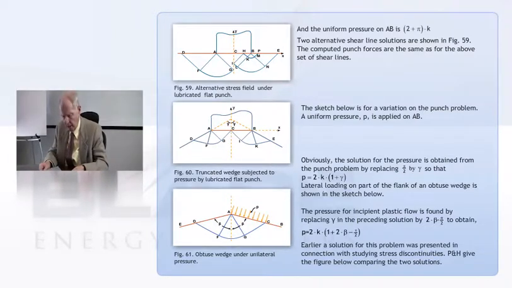Okay. Now, you can also have a different kind of solution from the one we had before. And that's given on the last picture on that slide. And we're back down to the wedge with the uniform pressure on one side. And what it says is it's the obtuse wedge. And the reason it says that is that if you take your regions of constant state, the ADF and the ABG,